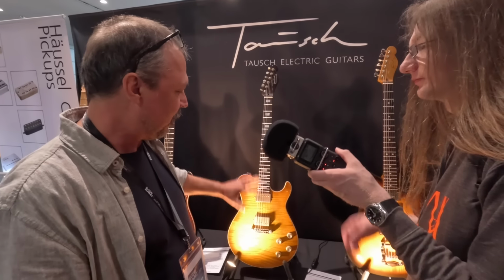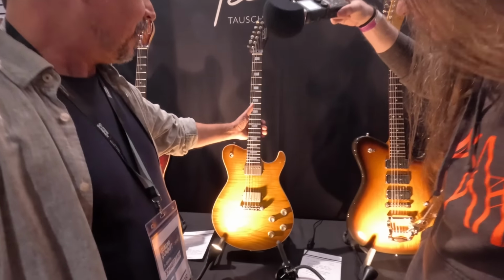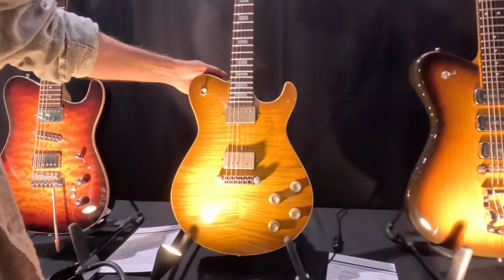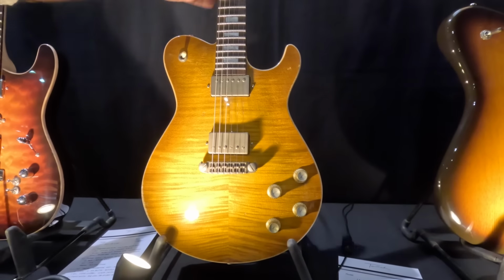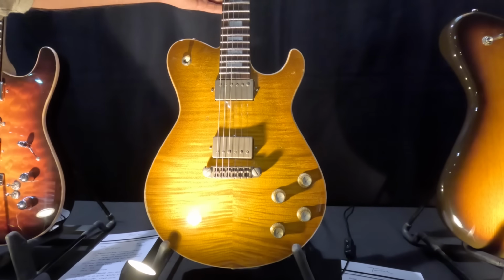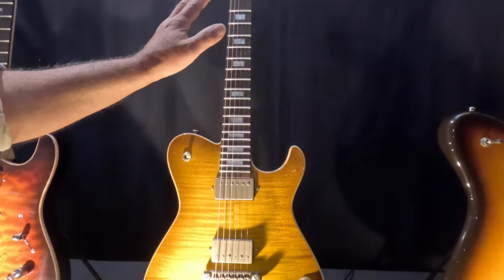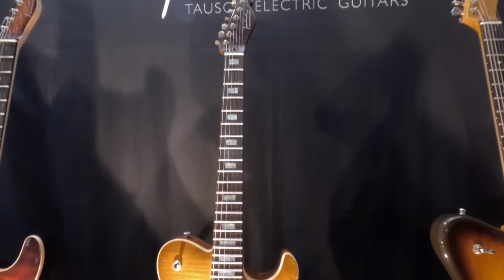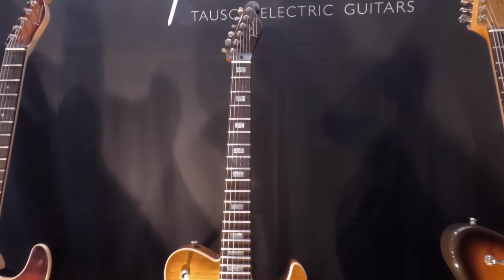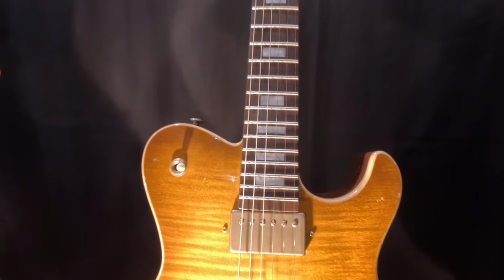It has a carved top. It's made out of cherry wood. We have cherry wood here for the body and the neck. We have a plum wood fretboard. These fretboards, by the way, are not rosewood. They are plum wood. I've never seen that before. Yeah, it's one of my